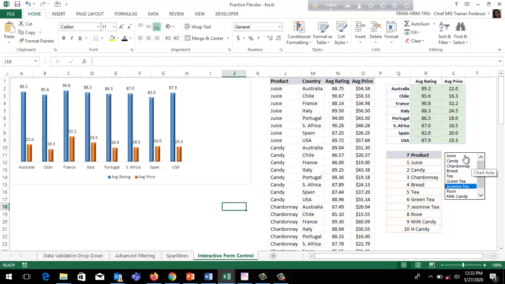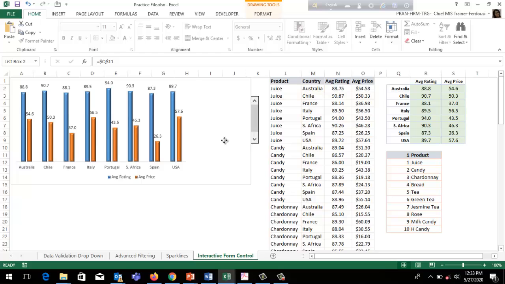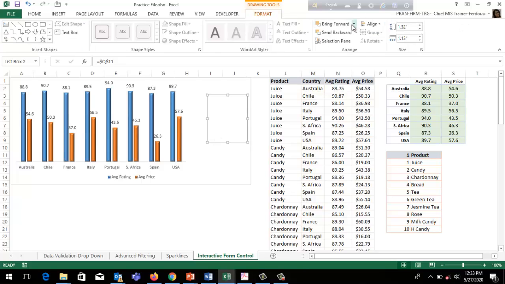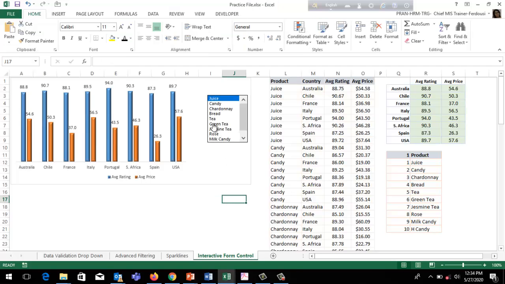You can move this control to this area. Move it forward. If I change tea, it will change automatically. Change Jasmine tea, it will change automatically.